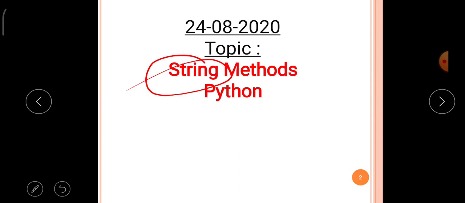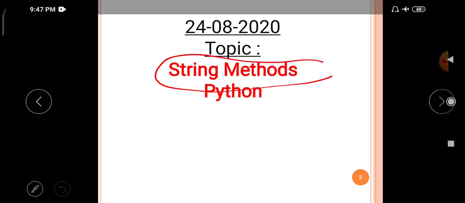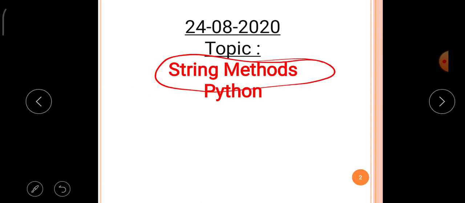These string methods are built into the Python language itself and provided in the software, so the programmer can use them according to requirement. The definition is: the built-in methods which work on the string data type are called string methods in Python language.